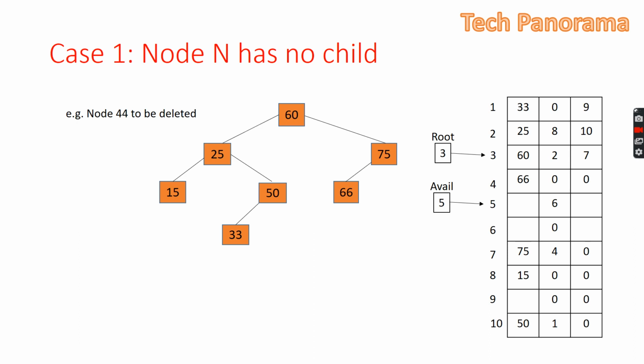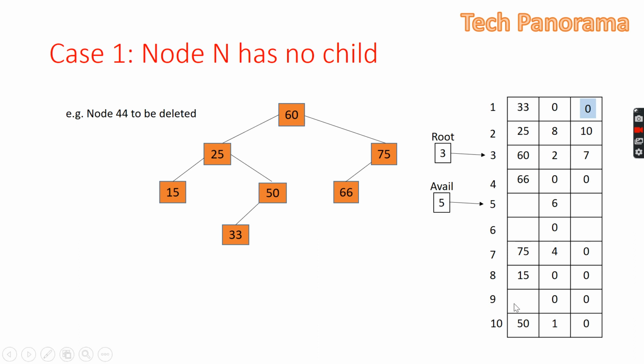First, as we delete the 44 from our memory, there will be two changes. The first change is at 33, it will be set as null, and the second change will be at the avail pointer. Previously avail was pointing to 5. Now the avail will point to the node that we are going to delete. When we delete the item, the unused node will be moved to the beginning of the avail to process this task very fast. So insertion is done at the beginning in the avail.